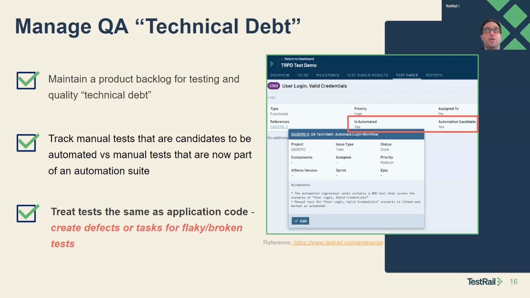Like a bug in our application code that affects users versus a bug or a flaky test that doesn't catch another issue in the code that also affects users. So at the end of the day, these are potentially user-facing and impactful, so treat them the same. If we have a flaky test, a broken test, infrastructure that's not working well, just like we would create a defect for an application, where there's something in code, maybe something wrong in a database migration or a configuration setting, or infrastructure as code, however you manage it, a defect for that should apply the same to tests.